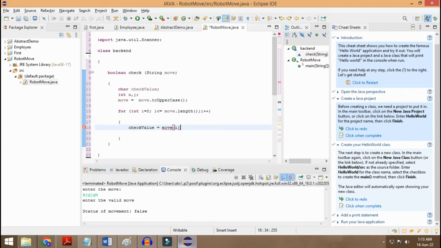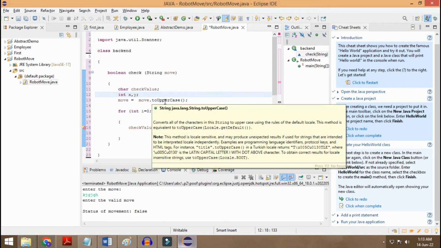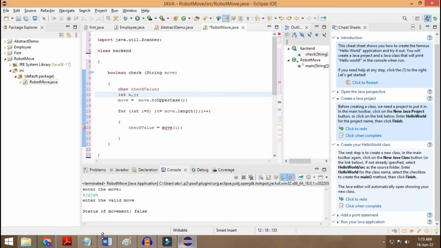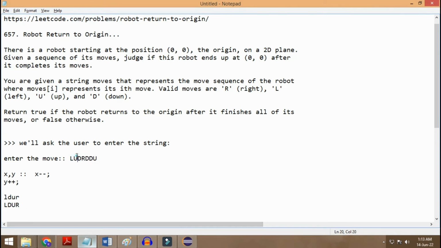So let's do one thing over here and try to understand what we are doing. I'm getting this error over here. I will explain what exactly I'm trying to do. I'm trying to run my loop, this is called my for loop, right? And I'm going to be working on my loop till the last character which has been accepted from the user. I need to check all these characters, and basis on that I will be passing on the move